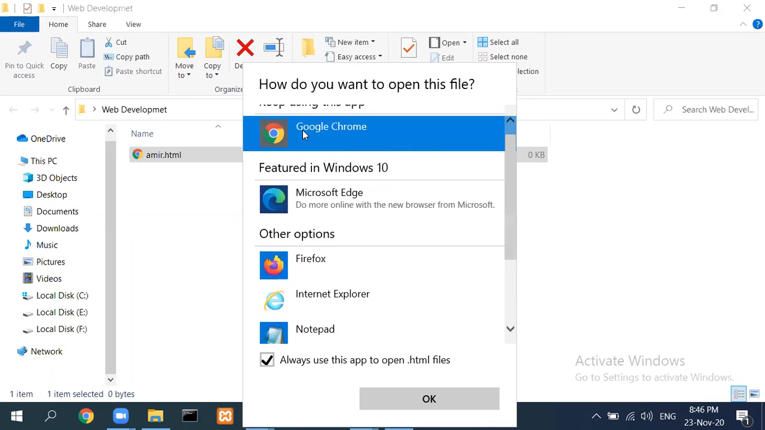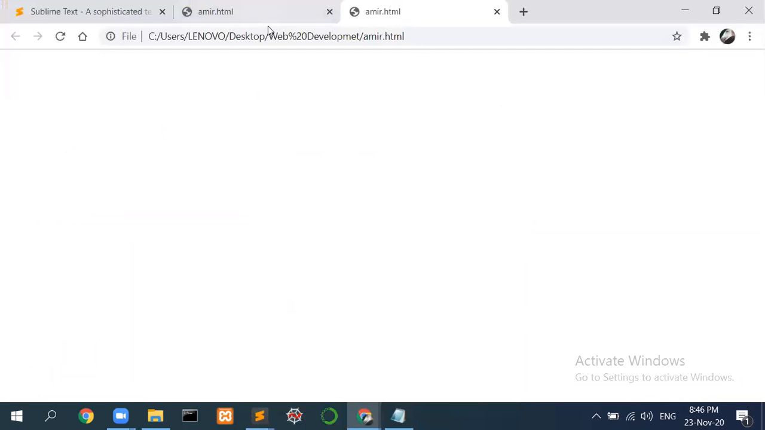Suppose you use Google Chrome the most, then you choose Google Chrome. If you prefer Firefox, choose Firefox. I prefer Google Chrome for web development, so I'll choose Google Chrome, and it will open in my Google Chrome browser. And since we haven't added any code,